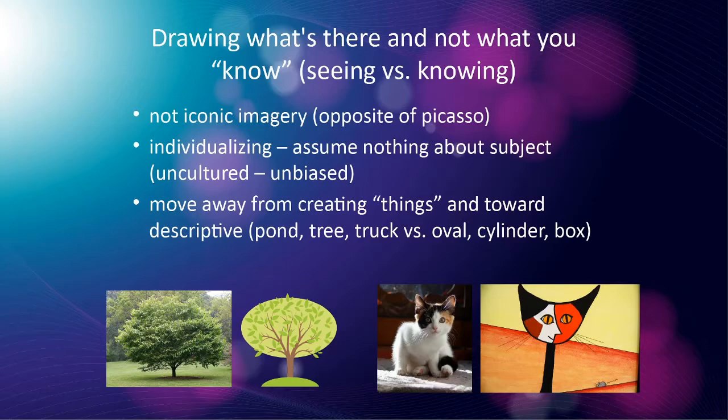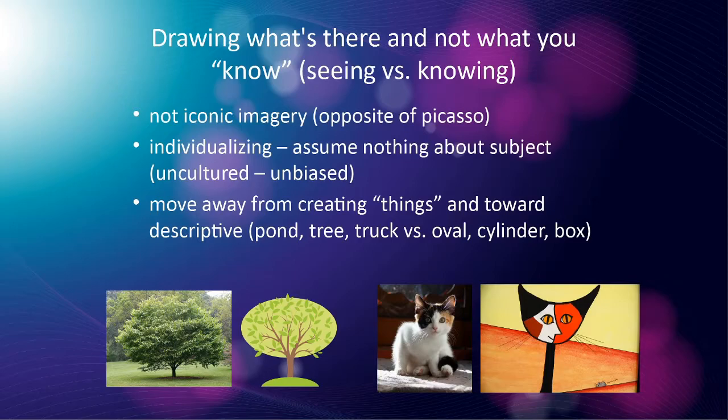This is an actual cat. This is a picture of a cat. Okay, this is a picture of an actual cat, and this is a drawing of a cat. But what I'm trying to say is, well, let's take the tree. If you look at this tree, yes, it has a general oval shape and some almond shapes for the leaves and then this trunk and a hill. But if you looked at this, there's light areas and dark areas and these almond shapes are pointed in all different directions. And there's a dark line that goes here and arcs up here. Things that make this tree unique and not iconic.